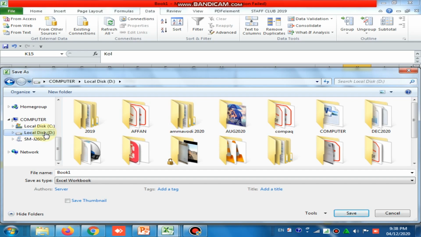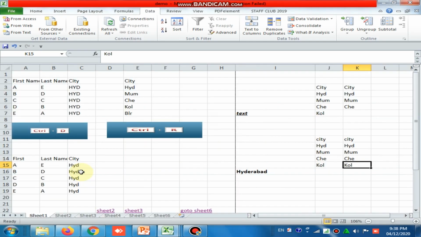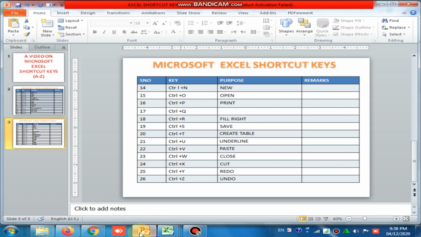If any problem comes and you have to format, all data will go. So save in local disk D or E according to your convenience. Here I am naming it demo. Save. Like this you can save the Excel file.